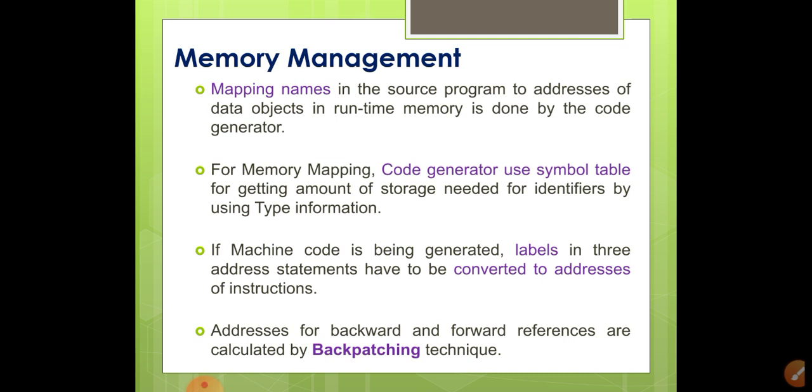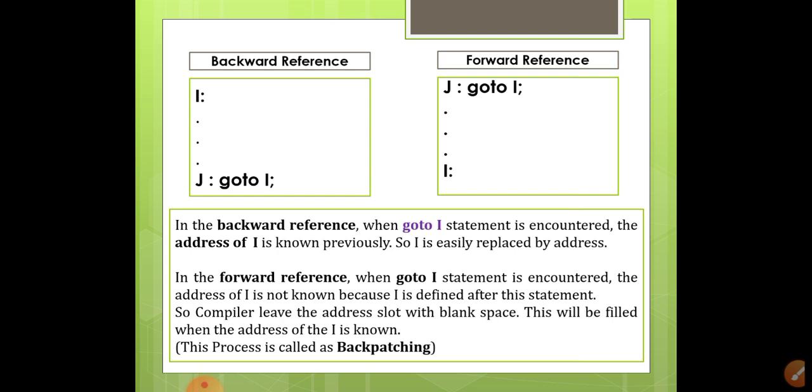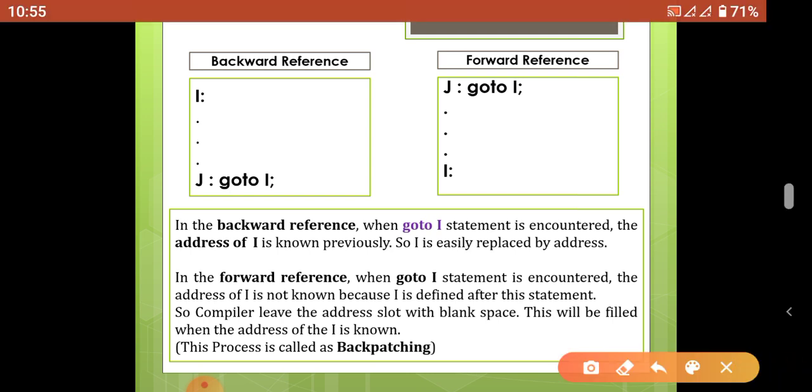But when we generate a memory location for labels, labels are always attached to goto statements. There are two kinds of goto statements, that is, address calculation is performed for labels. One is a backward reference, another one is a forward reference. Backward reference means, consider here,